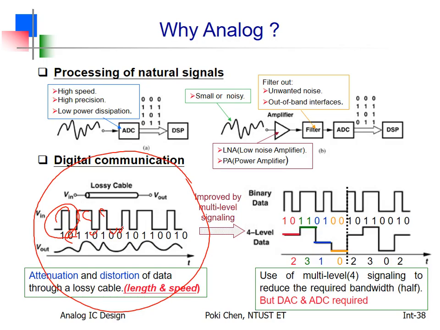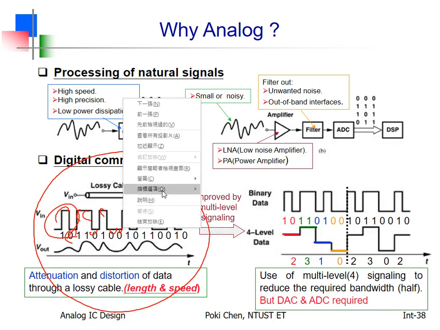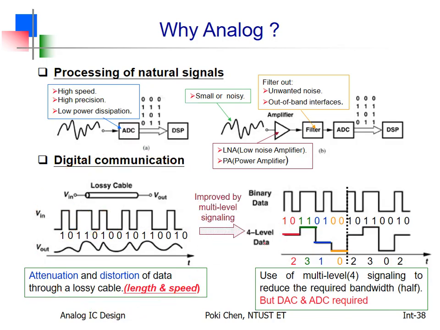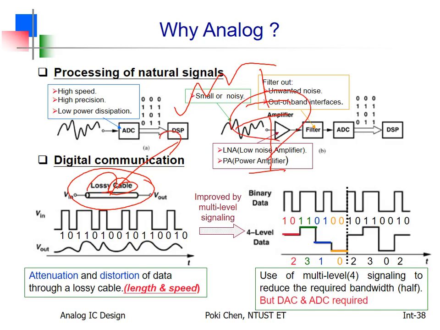You can see it clearly, but sadly enough, nothing is perfect. All right. After wired communication, because the wire, the cable, is lossy. It means what? It has some parasitic resistance. It has some parasitic capacitance. Okay, so after transmission,